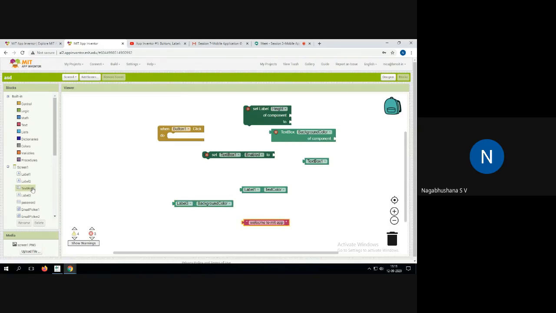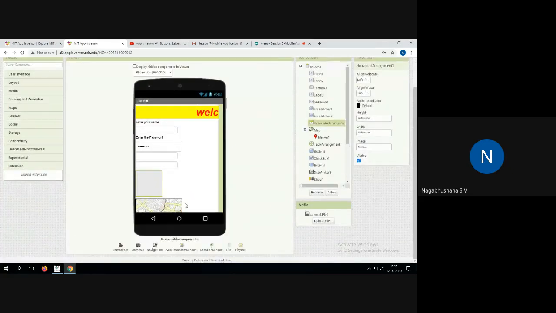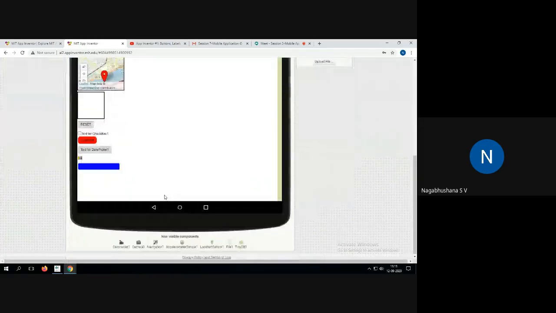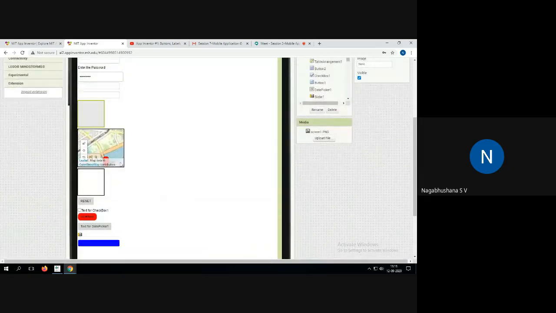So see, whatever components you have in the interface, what action it has to do. For example, I have a button here, and the name of that, there is only one button, it's Button1.